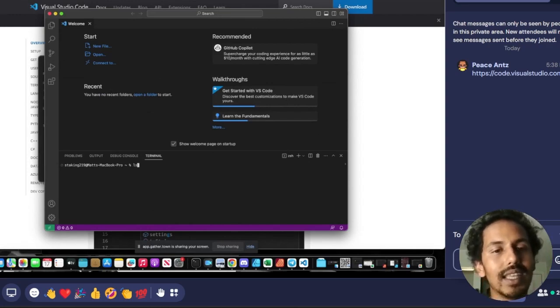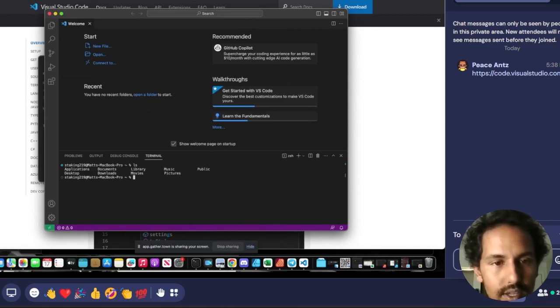And ls is going to list the files and folders that are in there. So cool. Nice. Over there, you can see all your folders and whatnot.